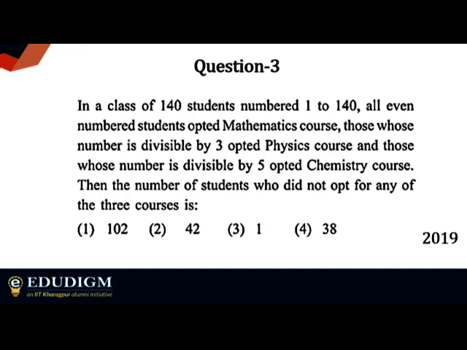Okay, Ritoban, the question is, who did not opt for any course? Yeah, you're supposed to wait. Great, great. So this is something you have to be a little careful about, okay? Not opt for any of the three courses. So people are saying it's number 4. So yeah, this 102 is actually the union.